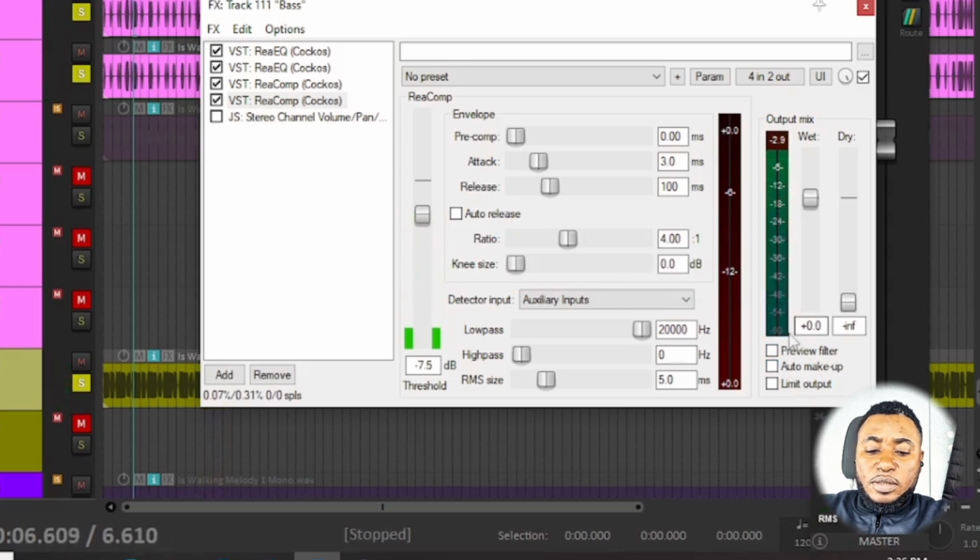So did you hear that? So the preview is just a filter to show you what is coming through out from this side chain over here,